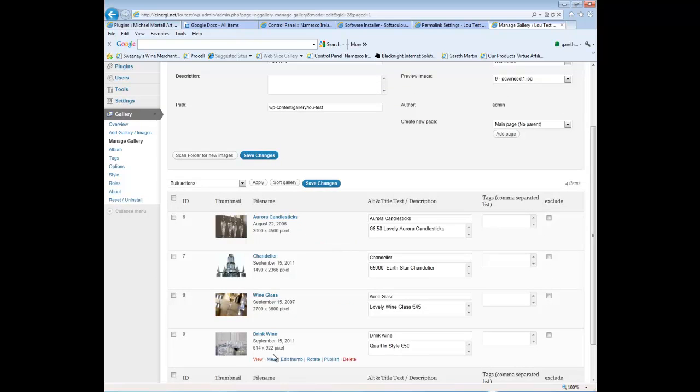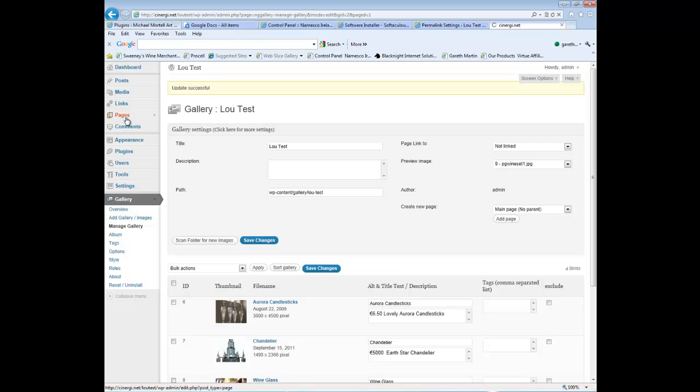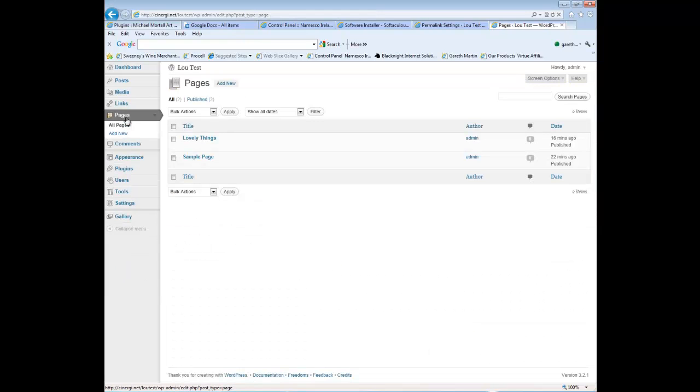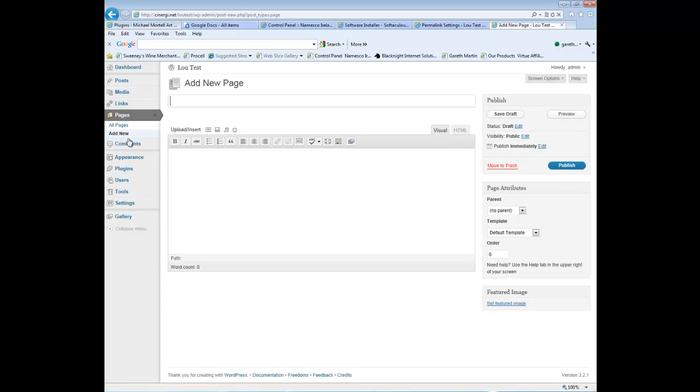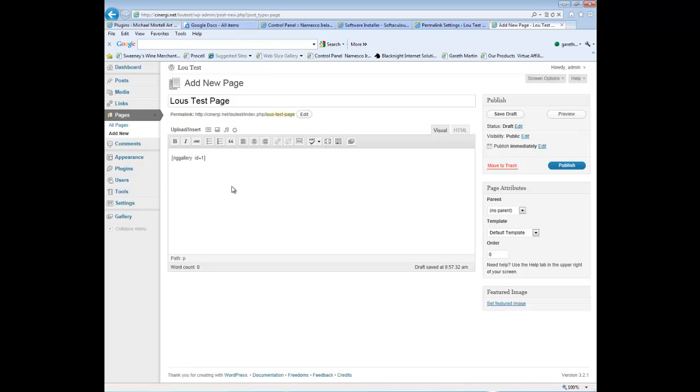But we'll have a quick look at these first, see what they look like, and show you how to put them into a page. So if we go to pages and we create a new page, Blues test page, and you'll notice there's this new little icon here. So this lets us choose a gallery. So when we click on this, our gallery hasn't shown up for some reason. However, there is a gallery, so we press insert, and